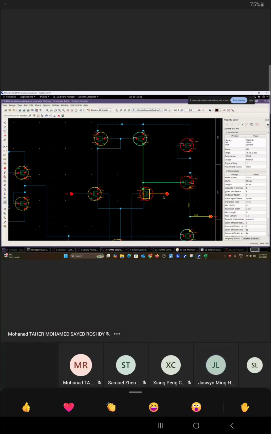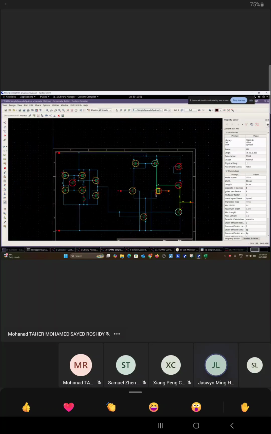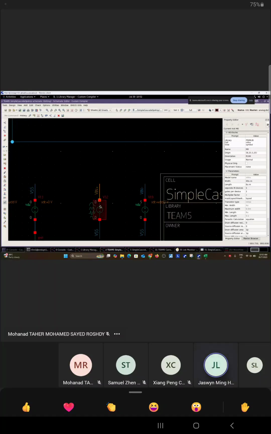Wait. You zoom in first, you see this node V in plus. Well, V plus is not even here, isn't it? This is V plus. Or maybe it's because it swings, right? Yeah, so it starts at zero. Okay, maybe this one we switch back first. You put a VDC now. Okay, this one you can drag out and then you put a VDC here so that we can check whether,